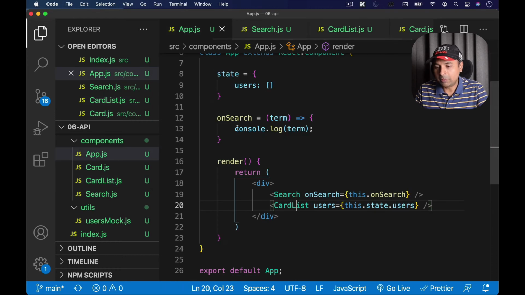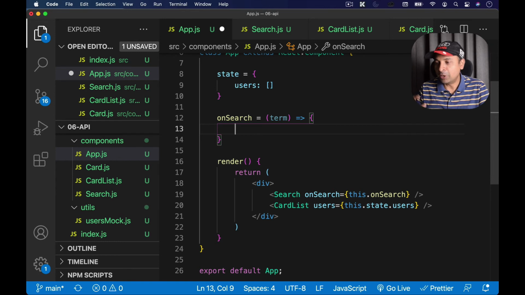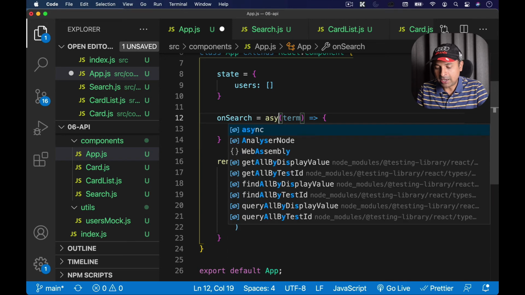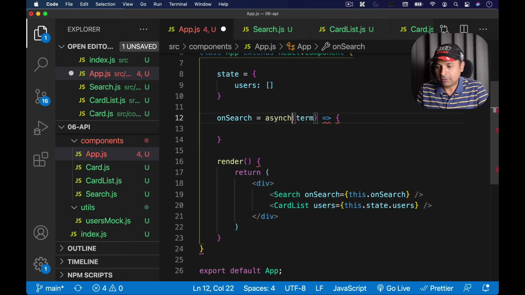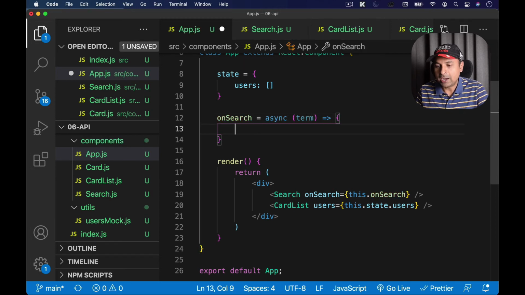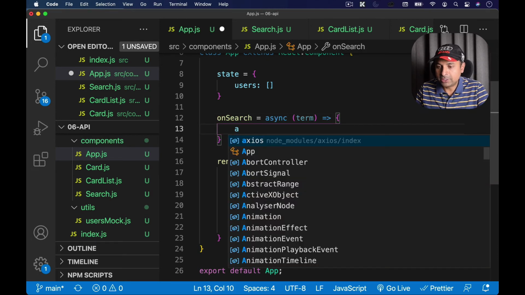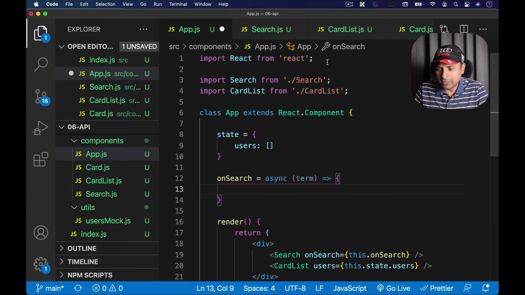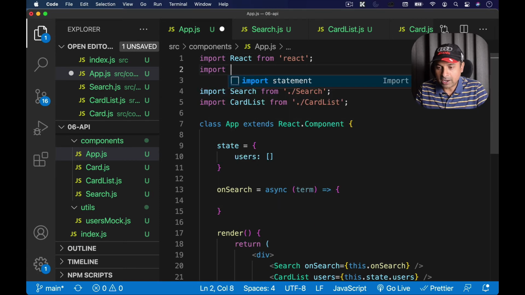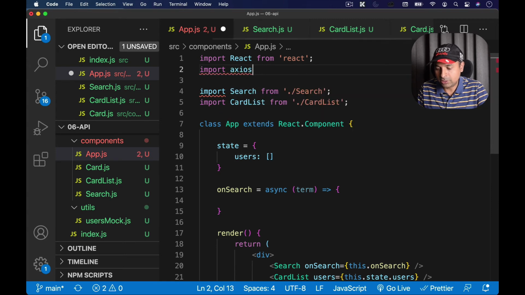So coming back to app, where I have this onSearch, here I'm going to send the request, and this time I'm not going to use the then syntax. I'm going to use something called async await, which is a really good thing. I just need to add the async keyword here, converting this function into an async function, and I'm going to use Axios only. So Axios we need to import first, really similar to what we did in the card list components. I'm going to import Axios from